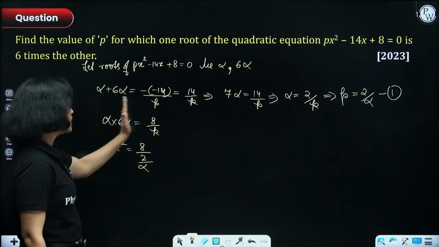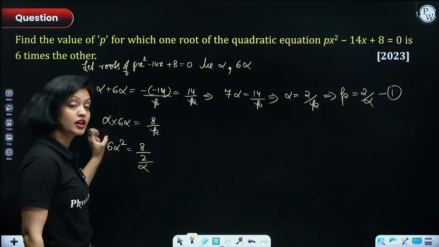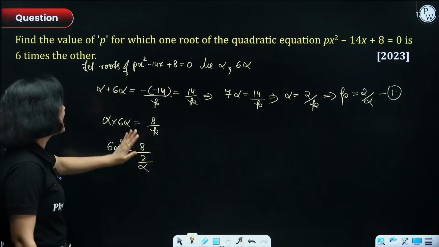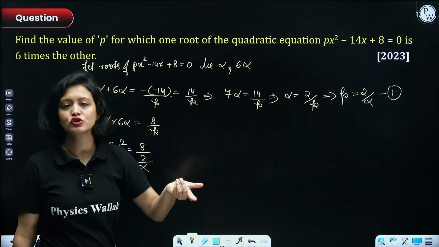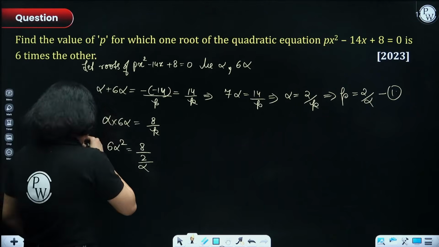Why? Because here we had two variables, alpha and p. I wanted this entire equation to become in one variable, so I can proceed to solve it. Okay, so that's why I figured out the value of p in terms of alpha. You could have figured out the value of alpha in terms of p also and put the same thing, everyone, same thing. Okay, chalo. So what do we get?